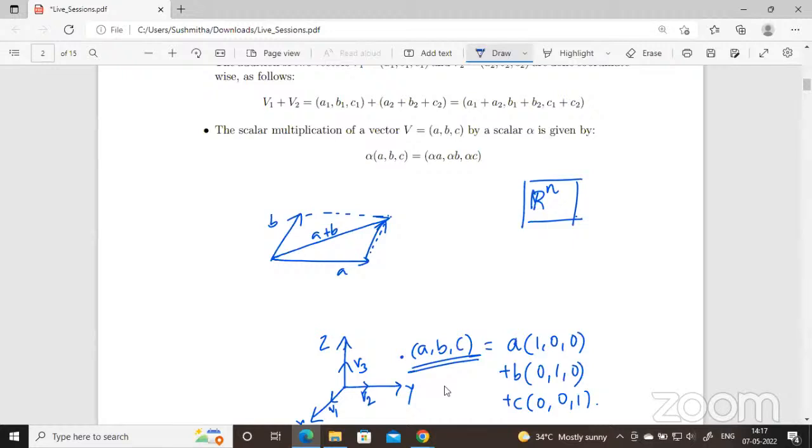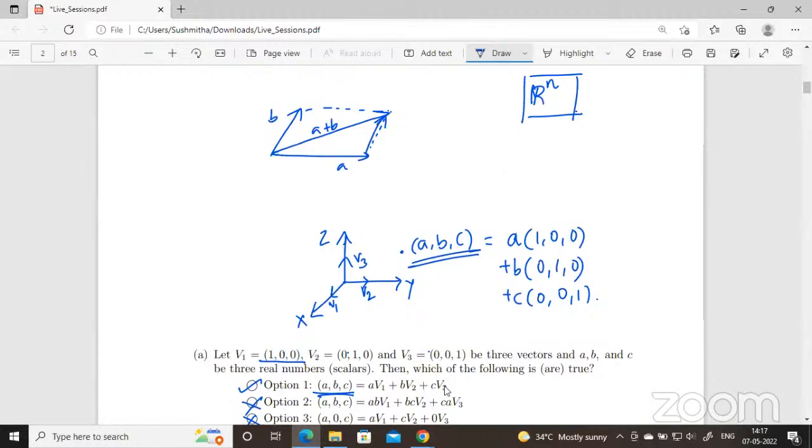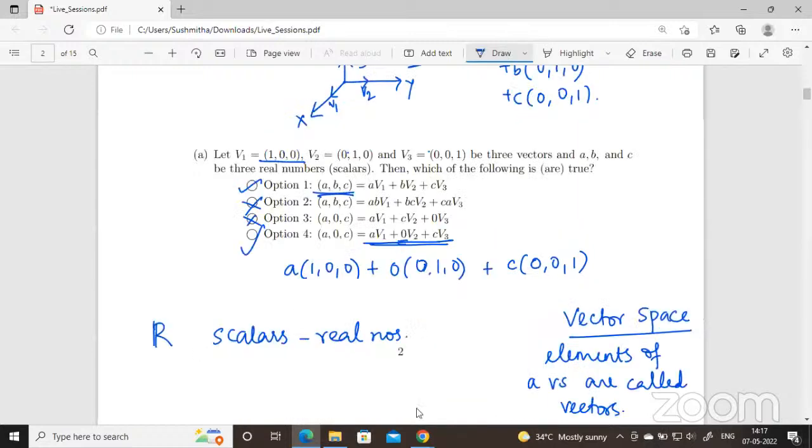Ma'am, when we add vectors in physics, the angle between vectors also matters. But here we will just add 2 points, and we will not have to think about the angles, right? Yes, because as I told you, the vectors here for us are just elements of a vector space. When you study vector spaces, you will understand that there are two operations associated with a vector space, addition and scalar multiplication. That is all we want. So there is no vector multiplication in a vector space.